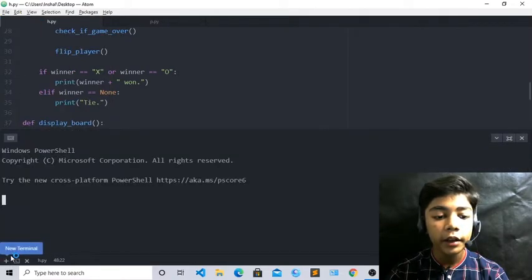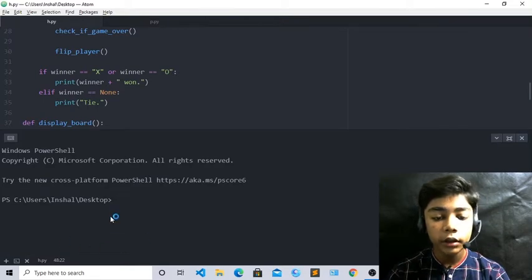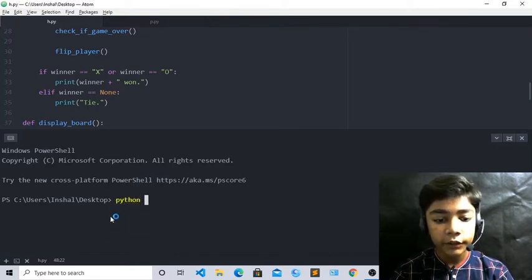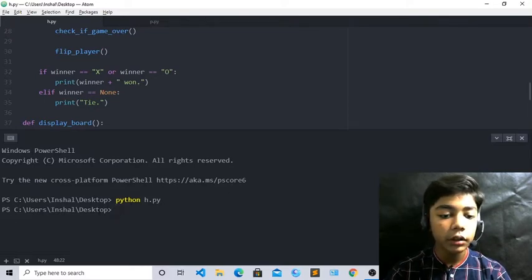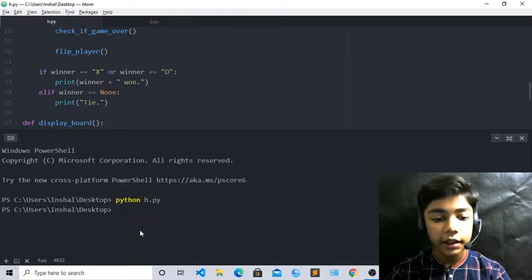Now come over here on your terminal. Now you have to run your work. Write here python h.py, it is our file name. Now when you have pressed enter, you can see our work is working really good, and it is looking really cool. Our work is not incorrect, because there is no error, like syntax error or any error from which our work will not be good. So now just close it from here.